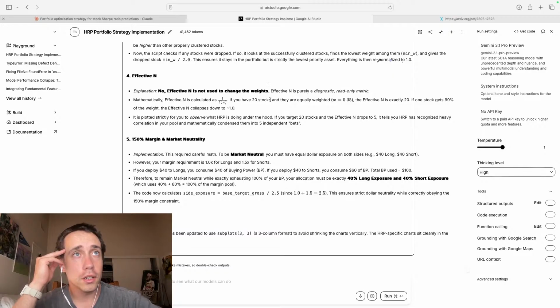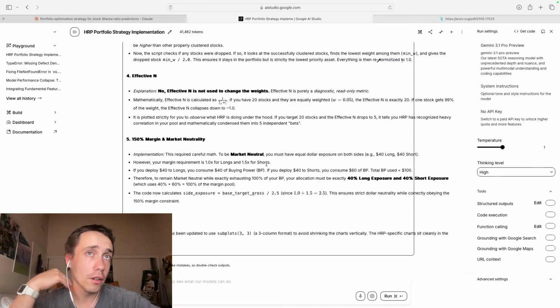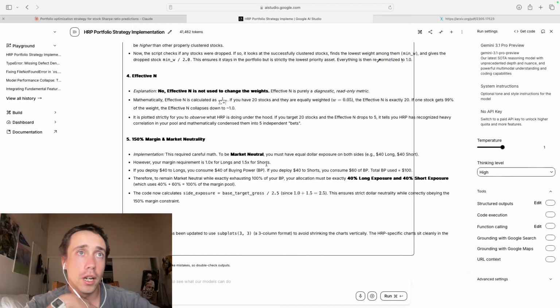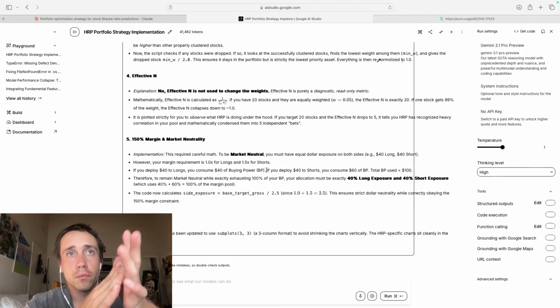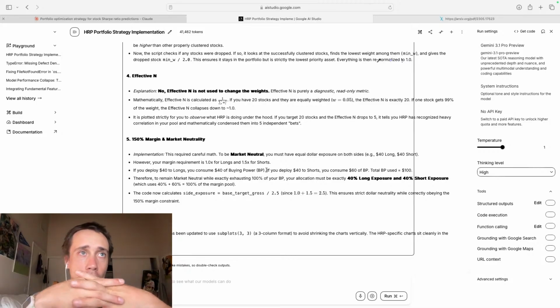No, effective n is not used to change weights. Good. 150% margin. This required careful math to be market neutral. You must have equal dollar exposure on both sides. If you deploy $40 to longs, you just consume $40 of buying power. If you deploy $40 to shorts,